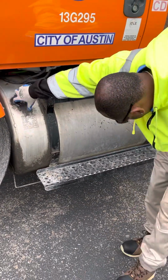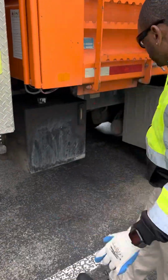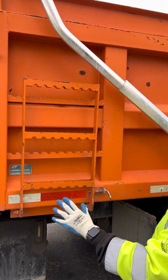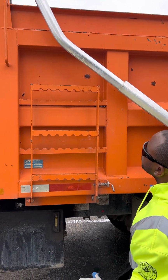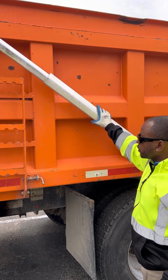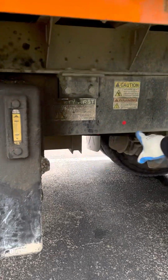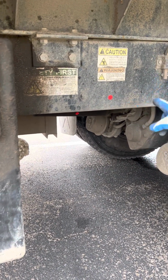Okay, from there, I'm going to go to my trailer bed. Make sure it's not bent, broken, or cracked, properly mounted and secured. It has 50% DOT reflective tape, all right? My tarp bar. Make sure it's not bent, broken, or cracked, properly mounted and secured. Then I work my way down to the frame. Make sure my frame is not bent, broken, or cracked, properly mounted and secured with no bolts missing and no